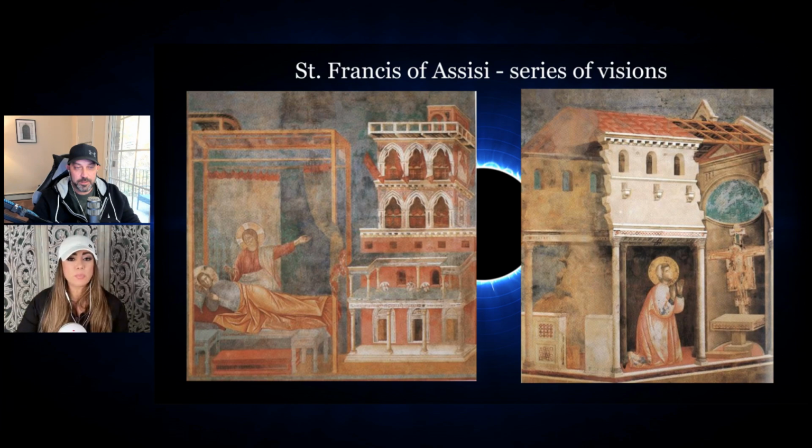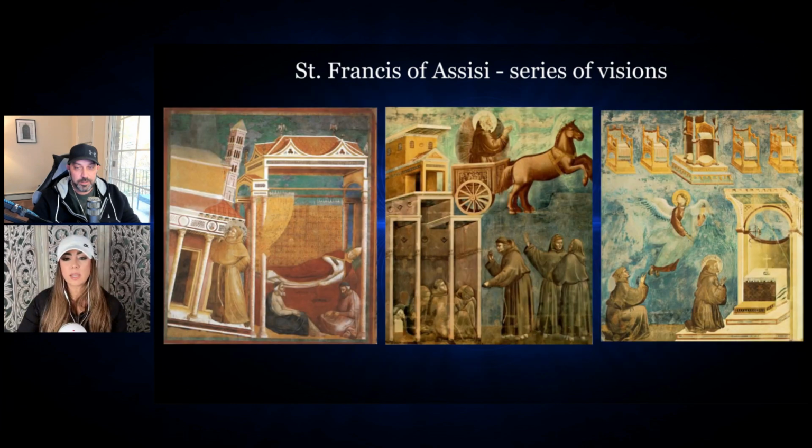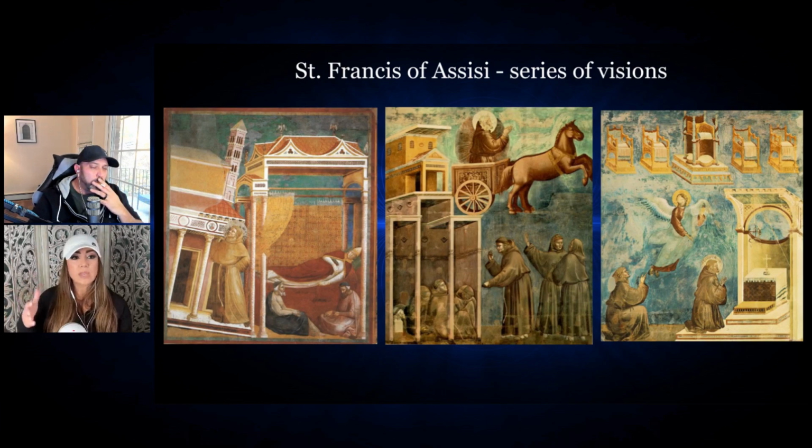So for the next couple of months and even a year, Francis wandered as a beggar in the hills behind Assisi. And when he returned, he traversed the city begging for stones to restore the church of San Damiano. He then carried these stones back to the old chapel, set them in place himself, and began to rebuild it. So over the course of 2 years, he basically rebuilt that church and so many other churches, and he gained